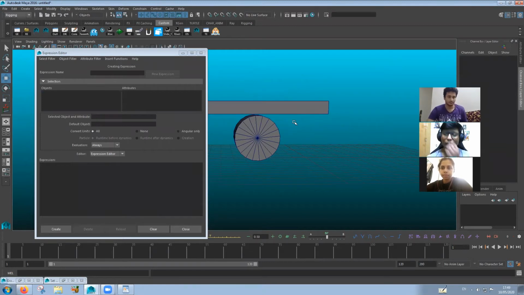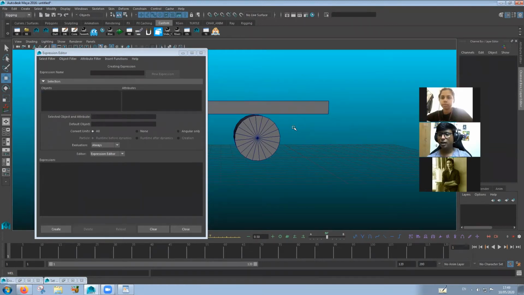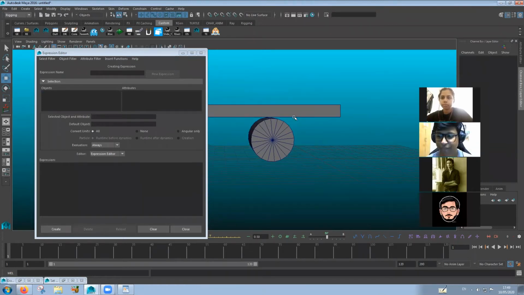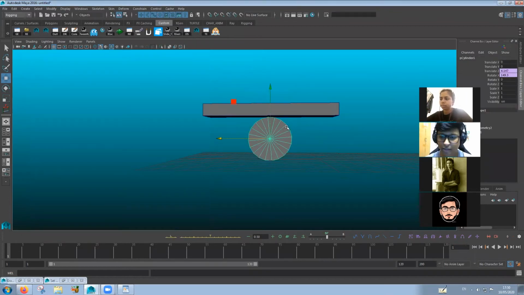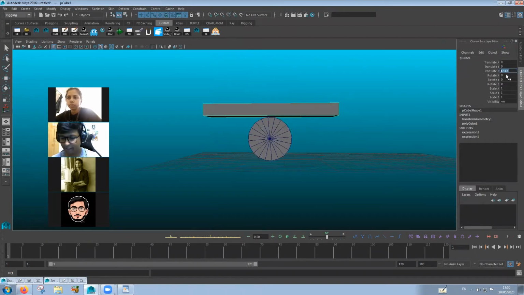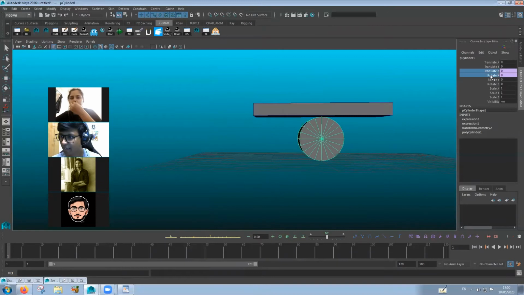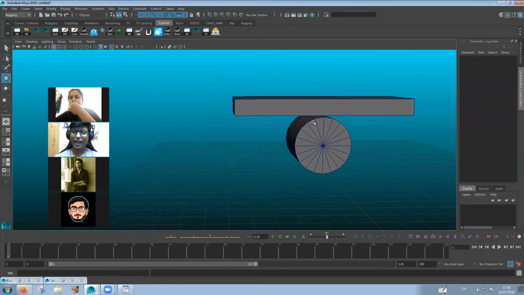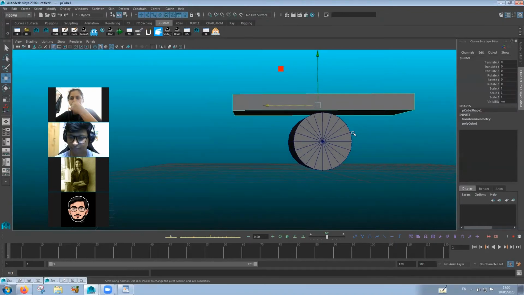Good. Now we're going to get the same effect using nodes, Maya nodes over here. Okay. So I'm going to break connection over here again, so that we start off fresh. First we'll make this 0. Break connection over here. Okay. And we're going to open up node editor over here.